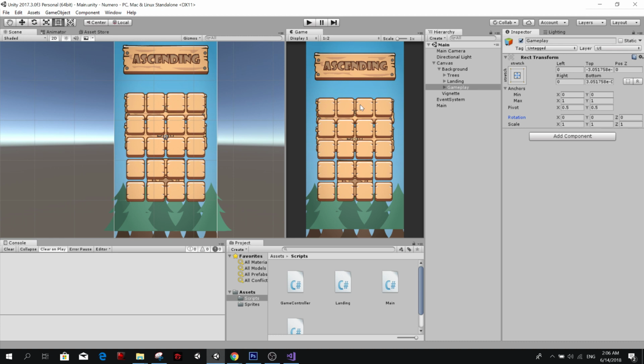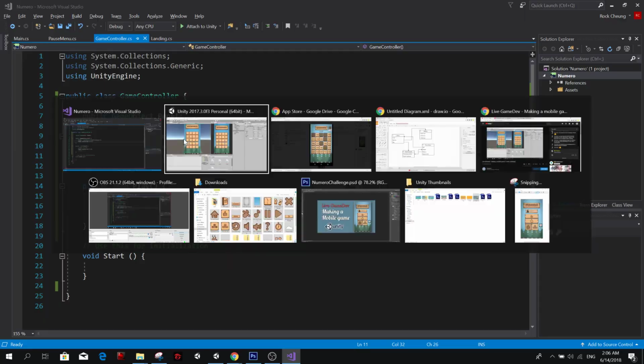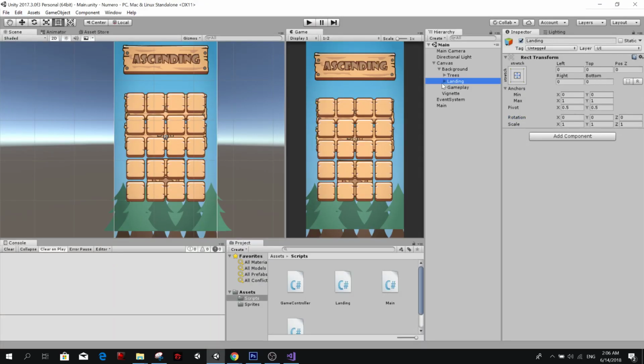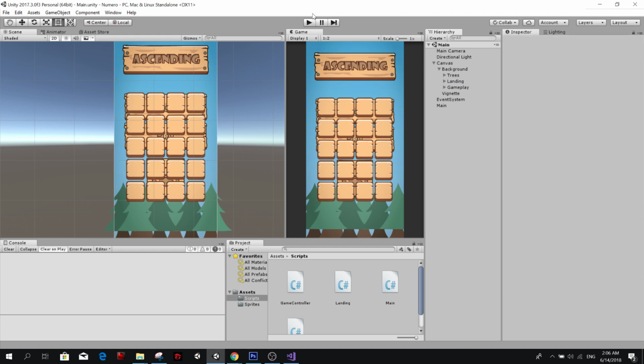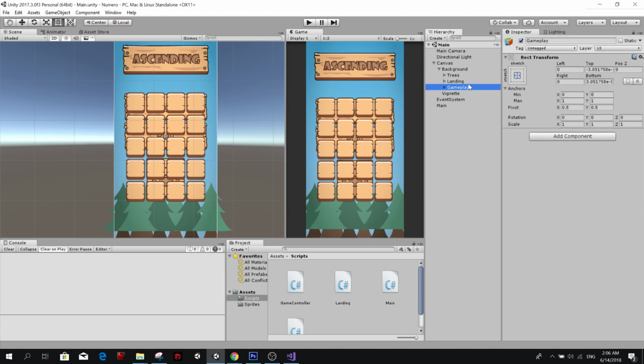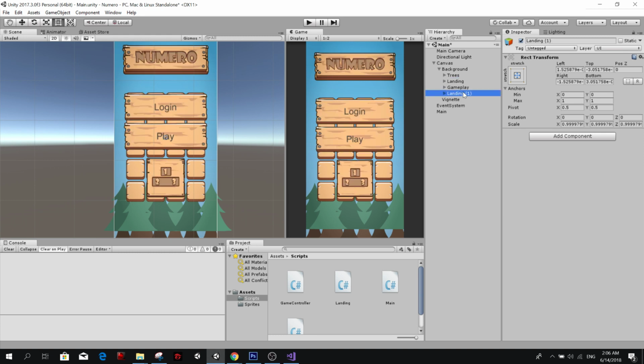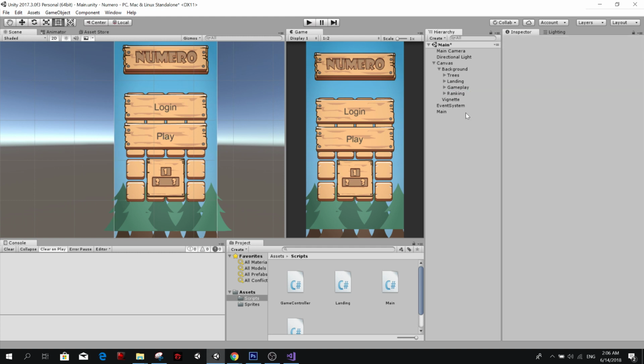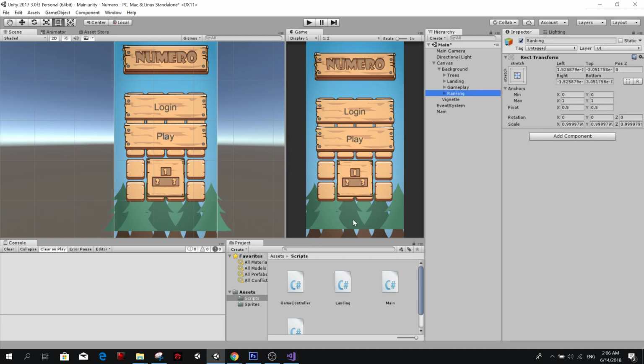All right. So now we need to make the behavior for the game, right? We have some of the behavior for the landing. We haven't had a ranking yet, so actually we could finish the landing behavior first. As what we did with the gameplay, we just need to duplicate this, call it ranking, and let's assume that we have a ranking here.